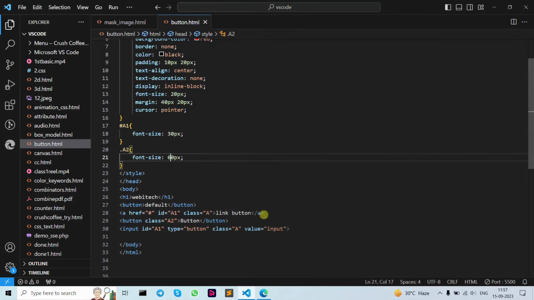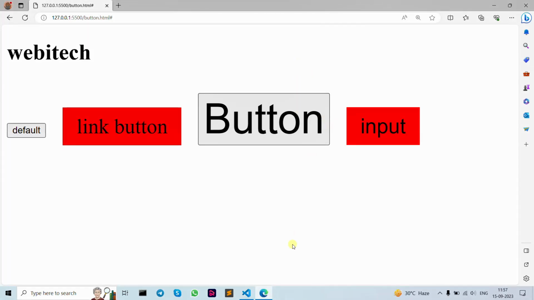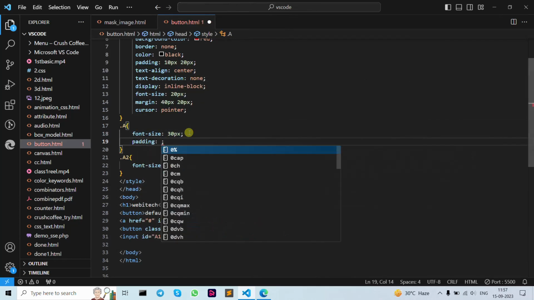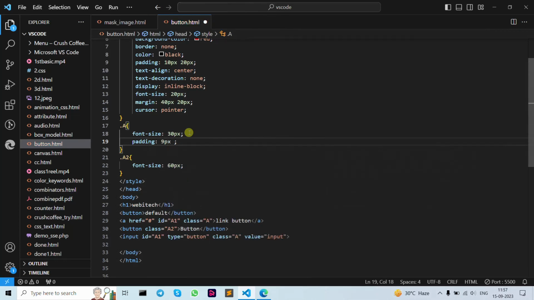Okay, now we are gonna add a button padding here. If you want to add a new button, you can do that. Okay, so I'm gonna do it the same. So as you can see, this is a class A. So I'm gonna write here class A. Then I'm gonna add here padding as a 9 pixel, or right as a Y as a 60